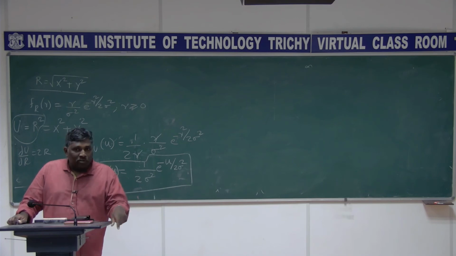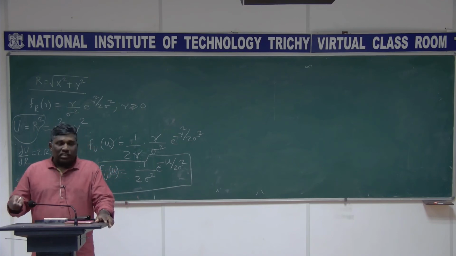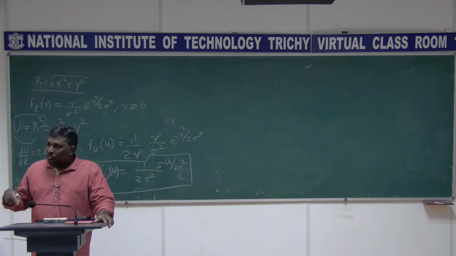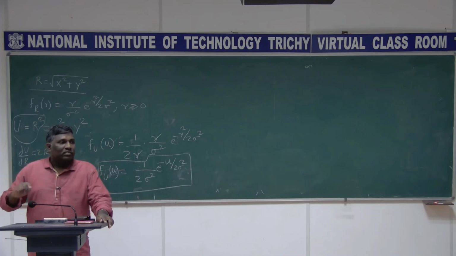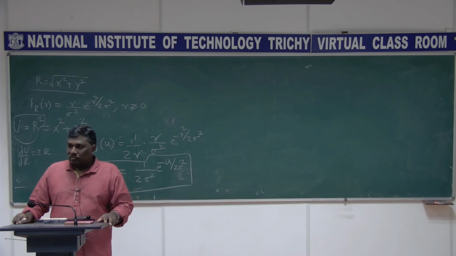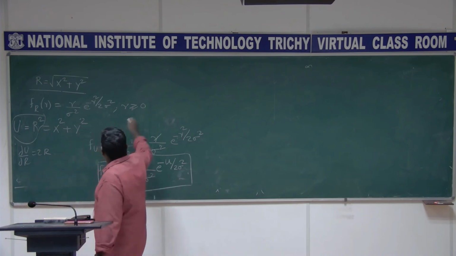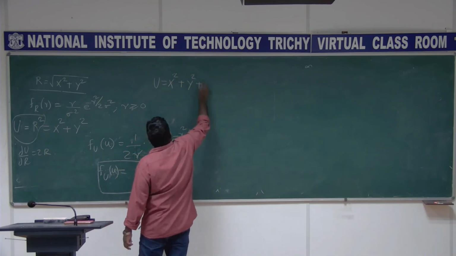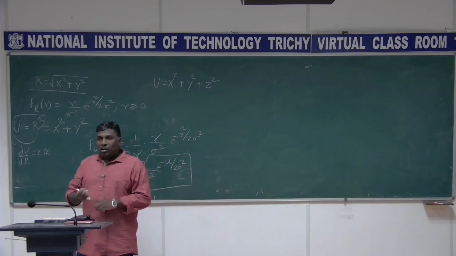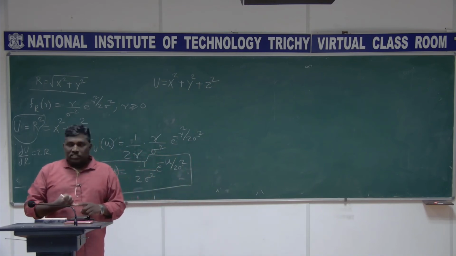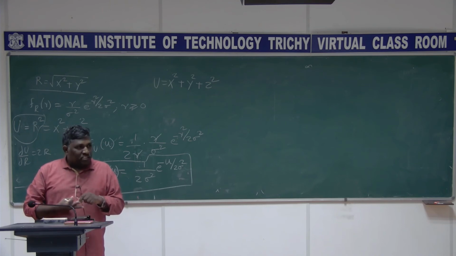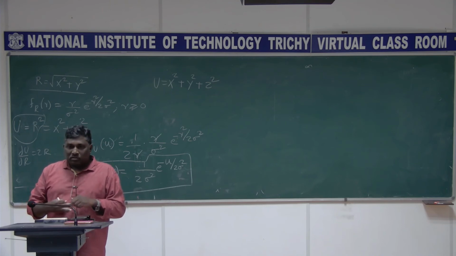And that u is exponentially distributed. And just now I told you, if you have x square plus y square plus z square, and individually they are Gaussian with mean 0 and independent, uncorrelated, then what is that u called? I'm talking about this u. U is x square plus y square plus z square. X is Gaussian with mean 0, variance sigma square. Y is Gaussian with mean 0, variance sigma square, and z is Gaussian with mean 0 and variance sigma square.